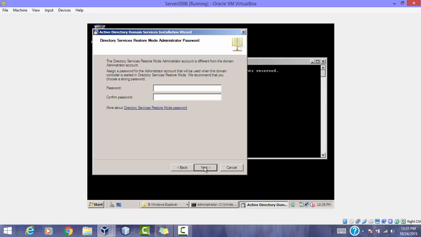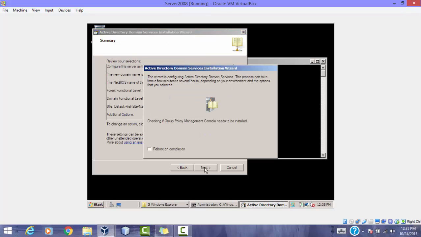And the password that we'll give is the password that we have for administrator. Alright, so whichever password you set for your machine as administrator is what you will be using here. Next, next. Alright, so this is the last leg of adding this machine as a domain controller. Alright, so as soon as it's completed,